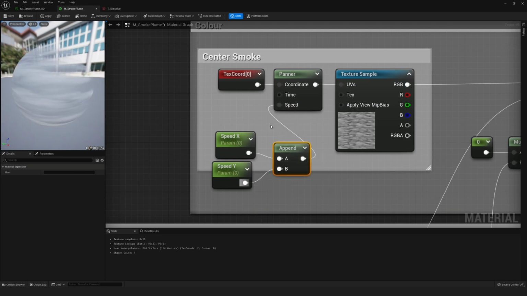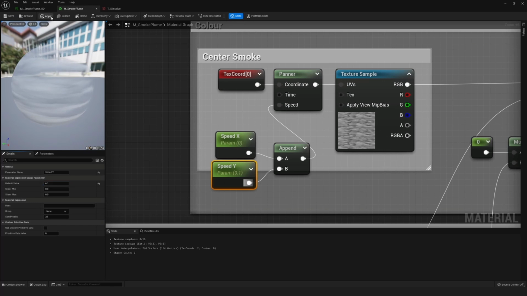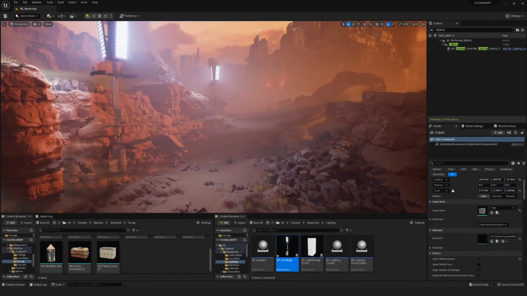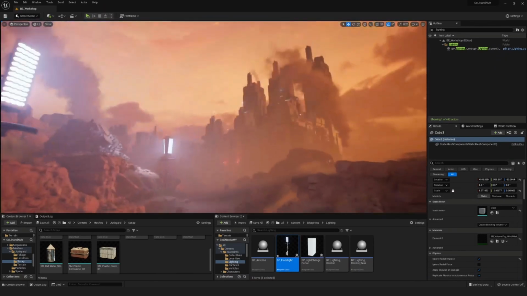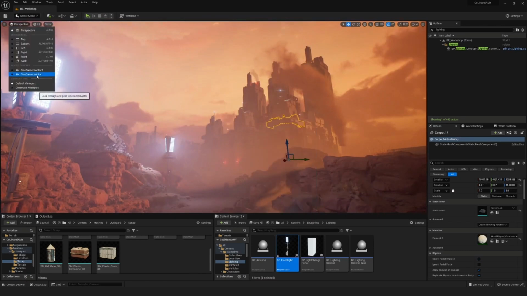If we were to take the values that they used over here, 0 for X, obviously, because you don't want your smoke going from side to side, and 0.1 for Y. So let's set that as the default value. Apply that. Then now if I go into this and give you a clear view of the smoke again,